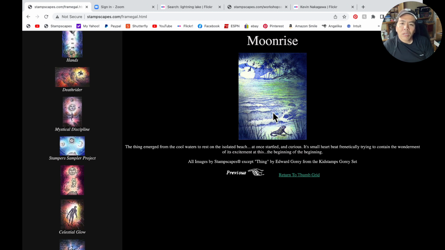These days I would use my pens to kind of deepen the shadows underneath here, but there's my little character right here from Edward Gorey, from the Kids Stamps Edward Gorey set. I should have bought many of those. I bought that one at like a Barnes & Noble or something. I remember Barnes & Noble and Borders, they'd have the discount books out front, and on tables they'd have different things. Well, one time they had a bunch of stamp sets. I thought, there's an Edward Gorey one,